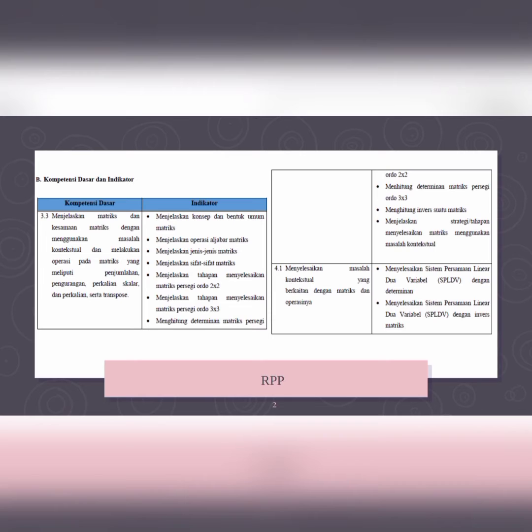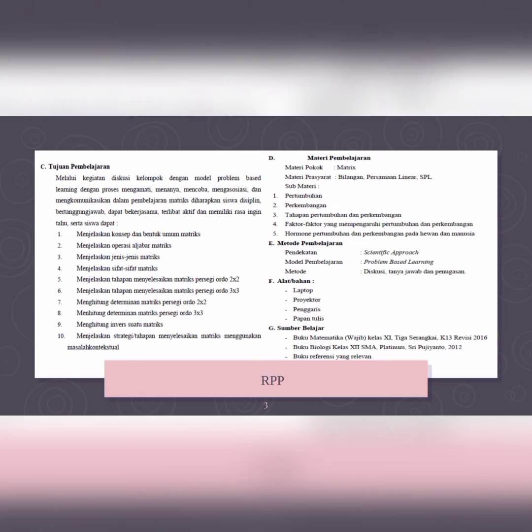The next is learning objective. Learning objective as a tool to focus the activities necessary, and here the learning objective is